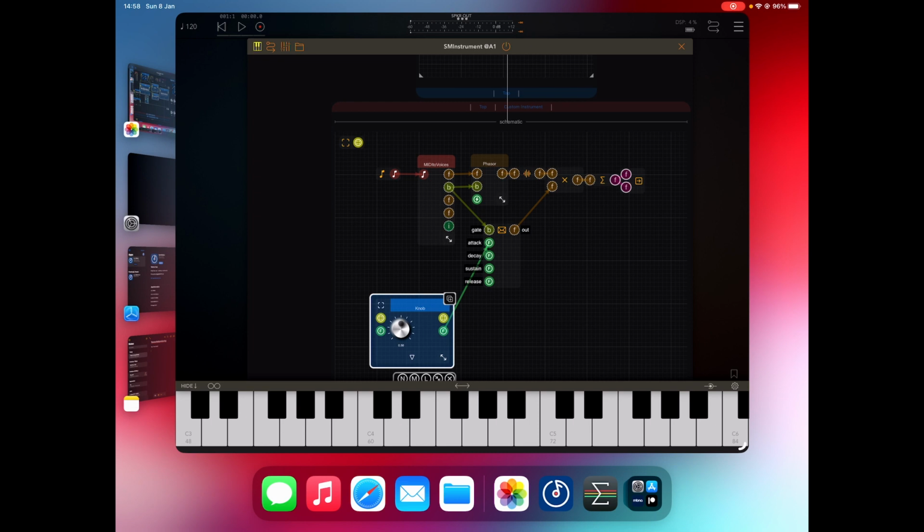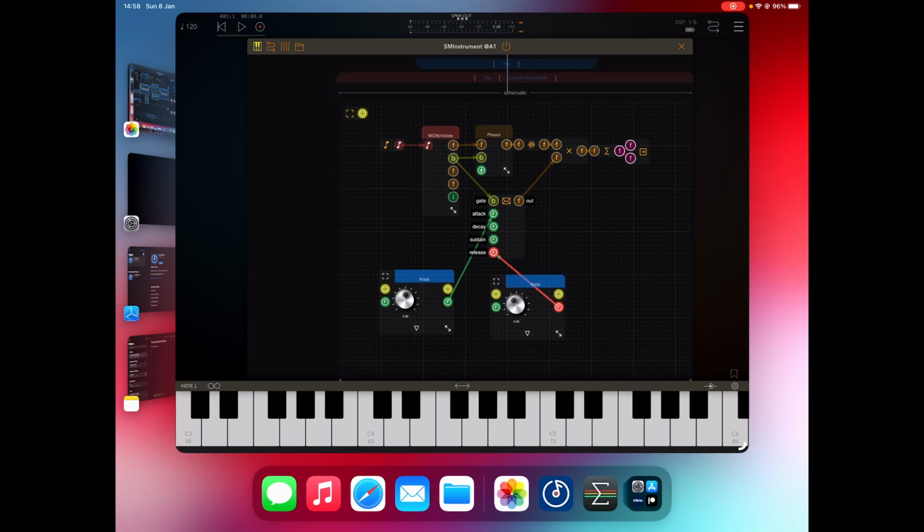You can drag copy and create another one. And this one I'm going to connect to release. I'm going to make a release about half a second. And if we make a long attack, we get this. Now a short attack. Okay, this